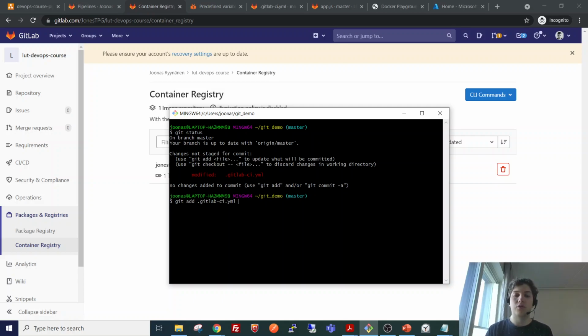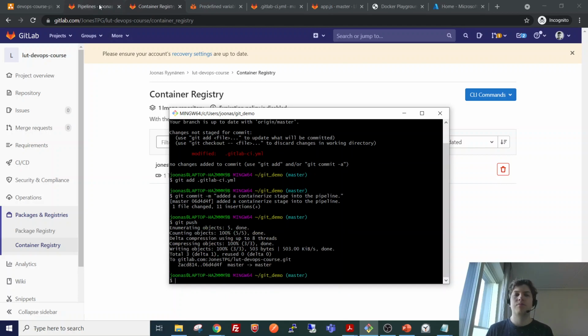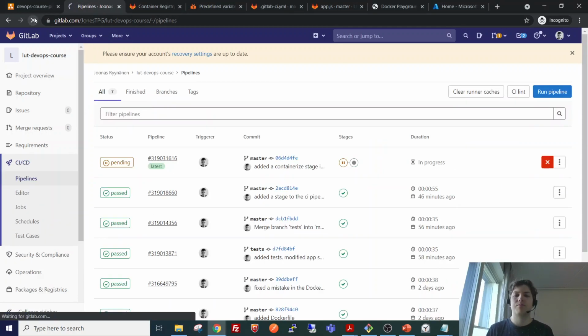We can then add it to the commit and make the commit. Finally, let's push the change. So now, as we can see, there are two stages in the pipeline.